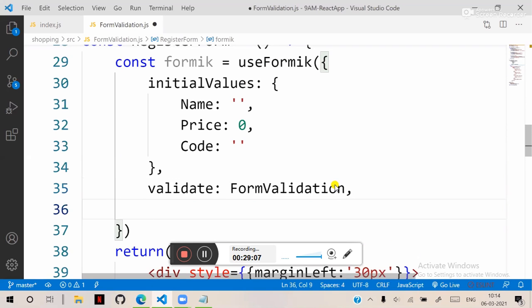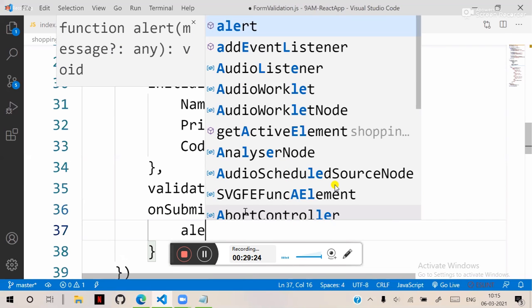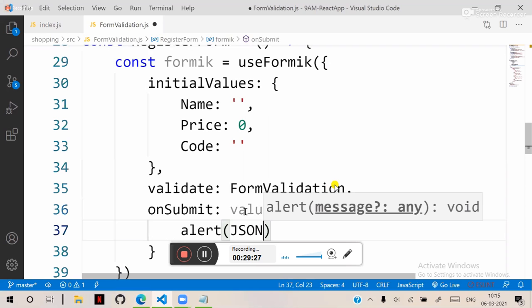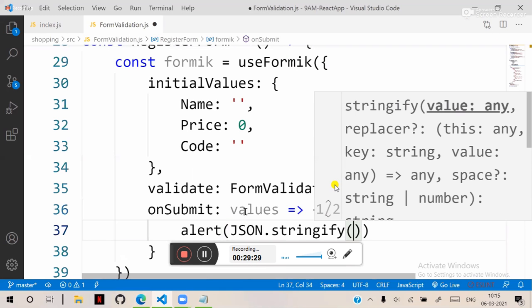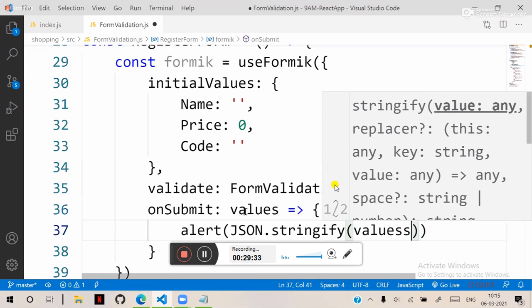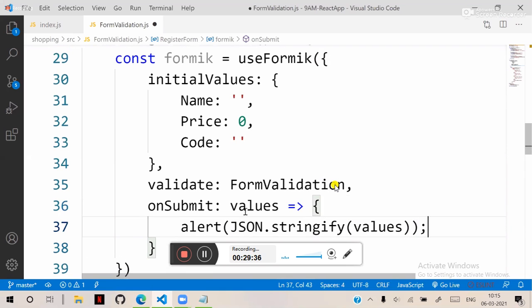Next point is on submit, we have to collect all the values. Formik will collect all the values on submit and return them. I will just put an alert with JSON.stringify. JSON.stringify will convert all our values into JSON format and display them. Usually when we are sending to an API, we convert the data into JSON. It contains 3